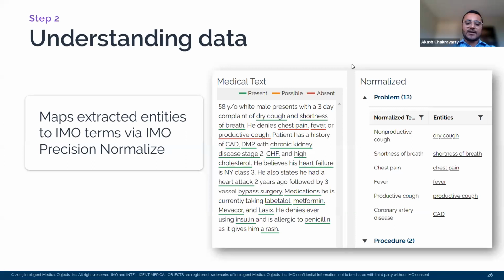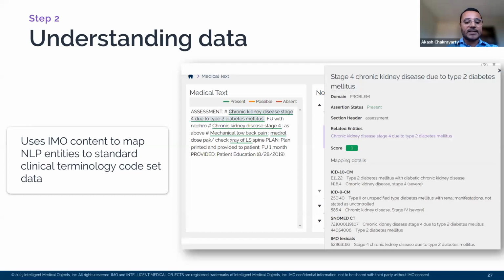Now, the fun doesn't end there. After the NLP entity is mapped to an IMO term, we also map them to standard code sets like ICD-10, SNOMED, etc. If we go to the next slide, in this example the unstructured text had stage 2 chronic kidney disease, and we were able to return results and code mappings to ICD-10-CM and the N category code.